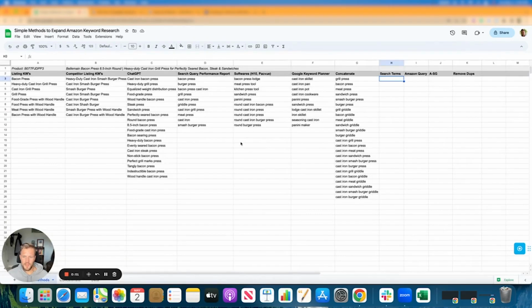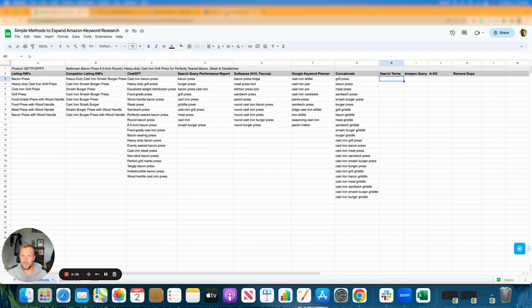This is one of my absolute favorite methods to extract keywords that are already driving orders in your account, but you may not be targeting as exact match keywords in manual campaigns. This is a common occurrence in Amazon ads, where a lot of brands historically would rely on auto campaigns, broad match campaigns to drive sales and ultimately cover search term variations. But what a lot of brands forget to do then is head back into those particular campaigns and extract that